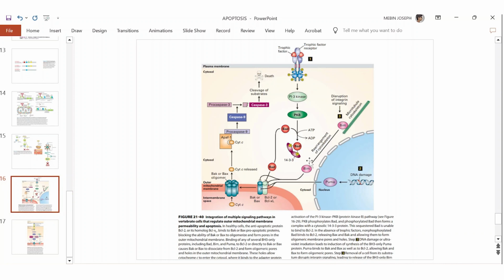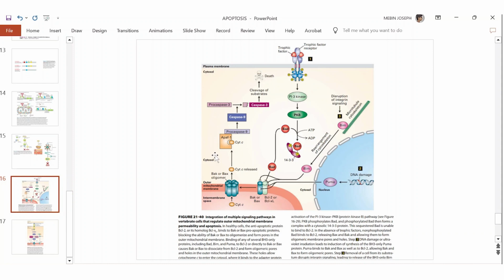So again, it will do the same thing. It will go and inhibit anti-apoptotic protein by binding it. As usual, anti-apoptotic protein will not be able to bind with pro-apoptotic protein. So BAX or BAK pro-apoptotic proteins oligomerize and form a channel-like opening. And from this channel-like opening, cytochrome C will again escape from the intermembrane space of mitochondria to cytosol,